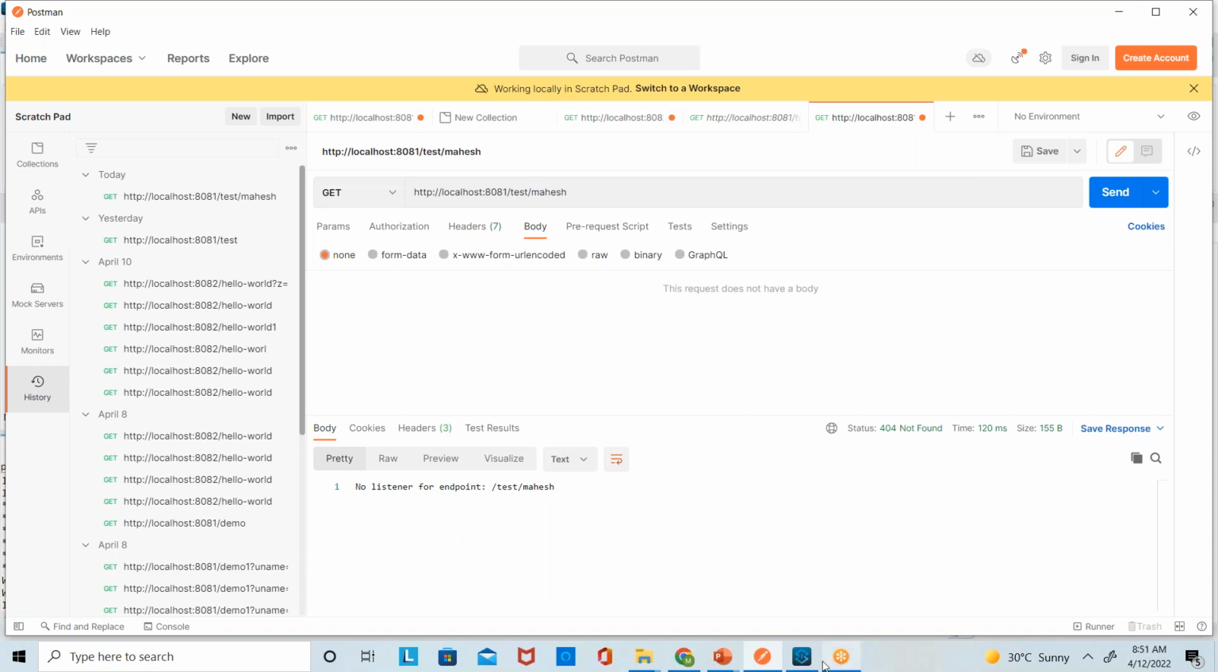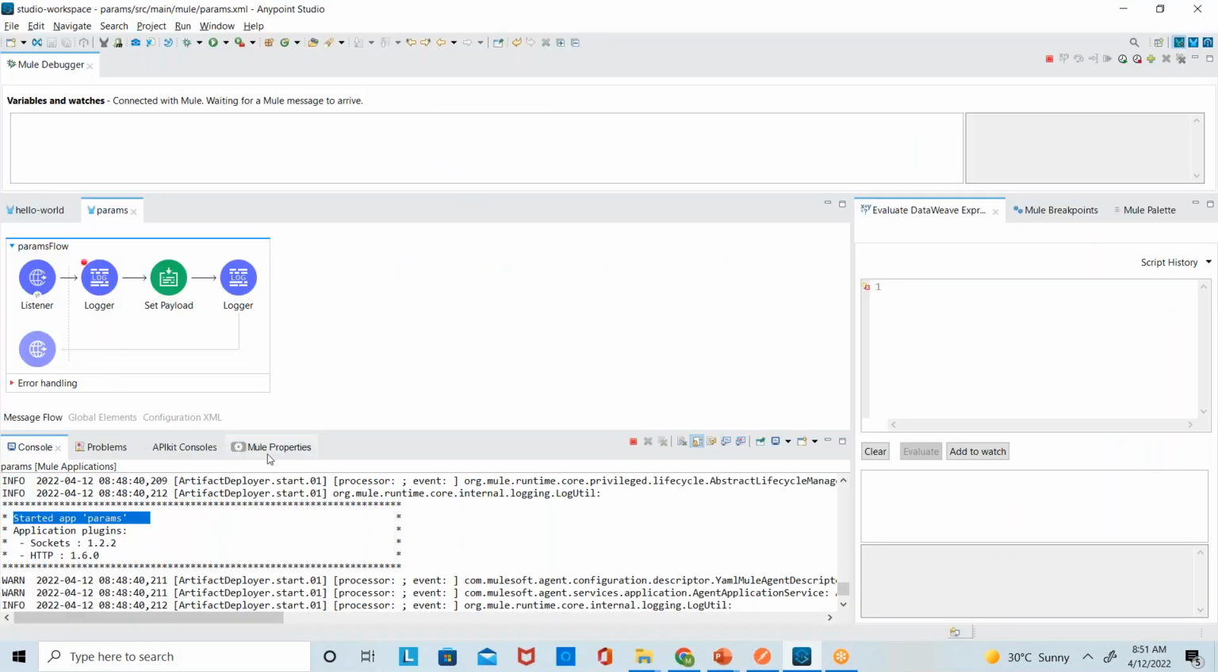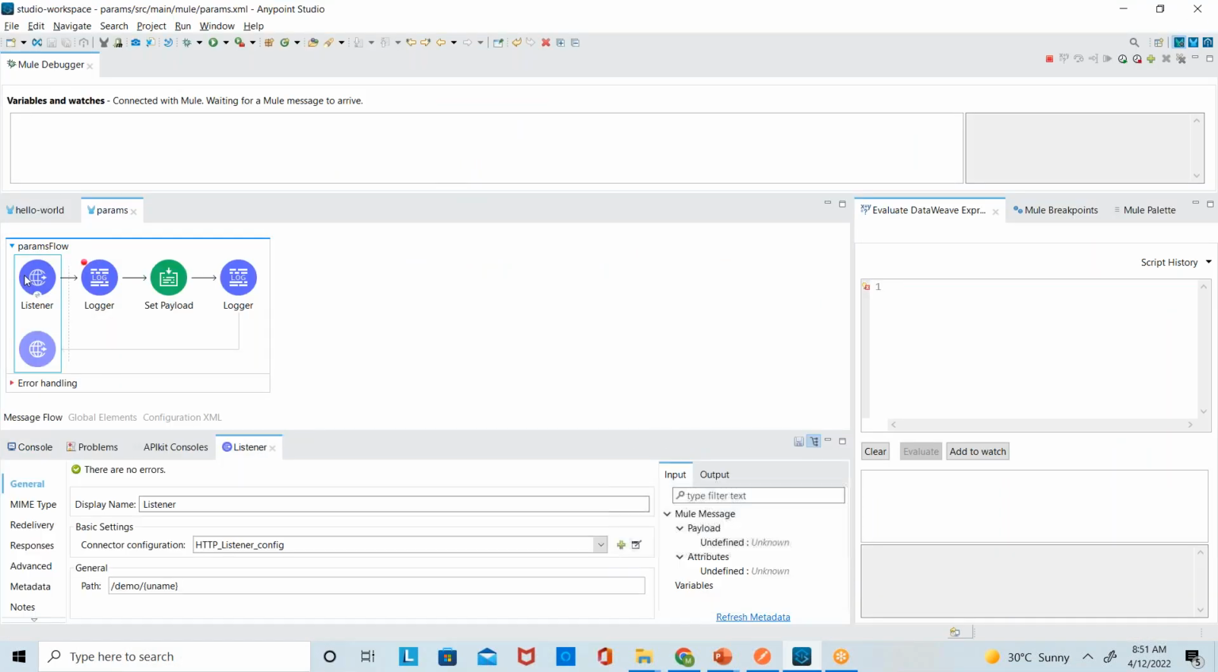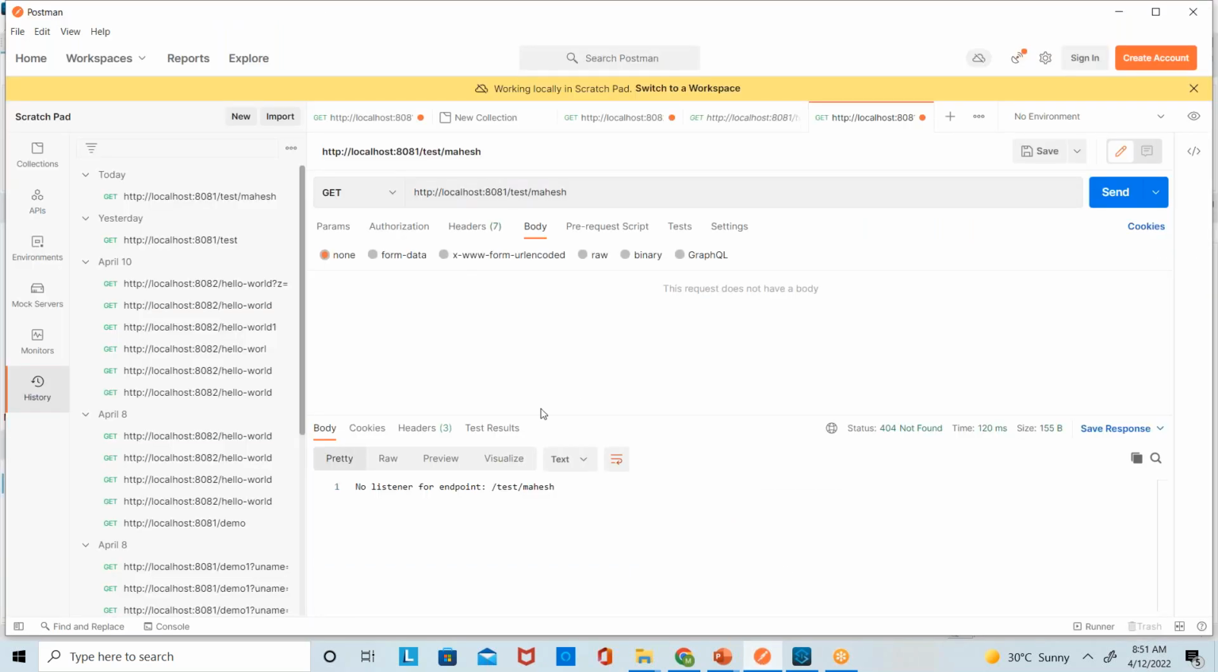No listener. See, you got a response: no listener for endpoint test Mahesh. Why? We'll go and see here. What is the path we have given? Demo. That's the reason it's showing no listener for that particular endpoint. If I say demo here now,